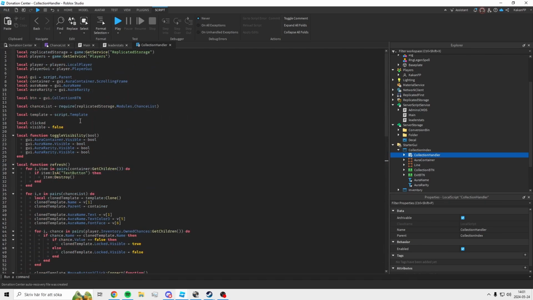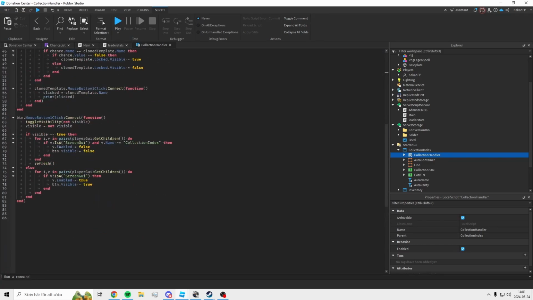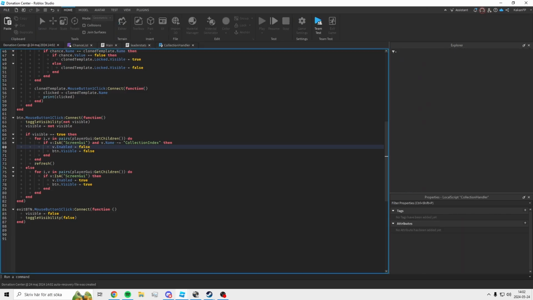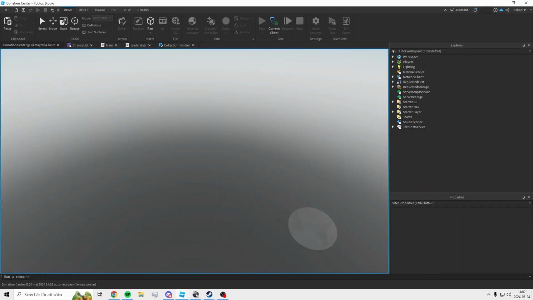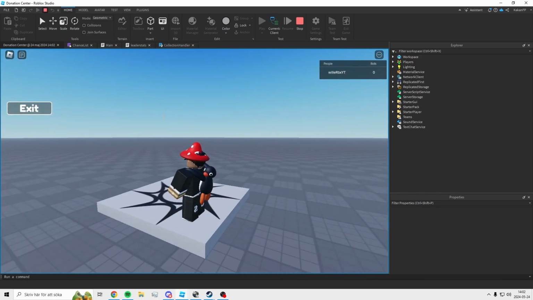Now we're going to get the exit button. Local exitButton equals UI.ExitButton. There we go. So we're going to get the exit button and we're going to connect it to a function which will be Visible equals false and toggle visibility shall be false. There we go. So if I go ahead and start now, we have it open. Okay, so the button needs to be